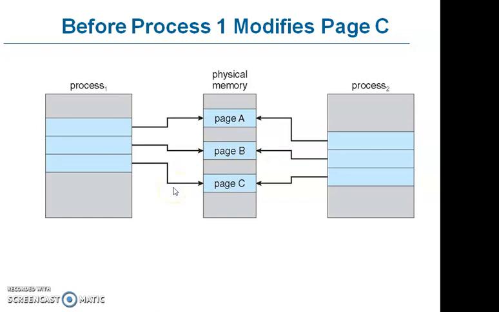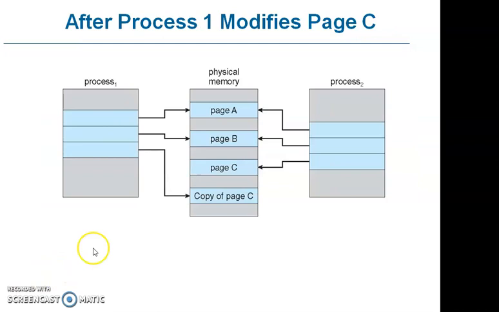Let us see what happens when process 1 modifies these pages. In this diagram, process 1 has modified page C. In this case, process 1 will be allocated a new area and process 2 will use the same area as before. If COW is not used, process 1 requires 3 pages separately and process 2 requires 3 pages separately, which is totally 6 pages. But using COW, we can share a certain amount of space, which can reduce the space complexity.